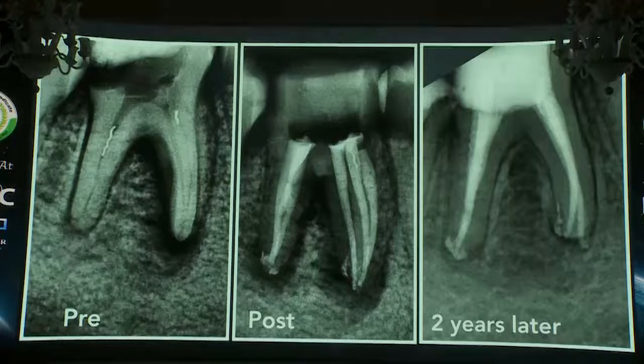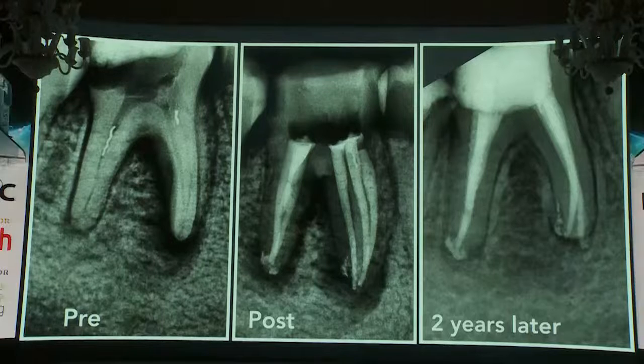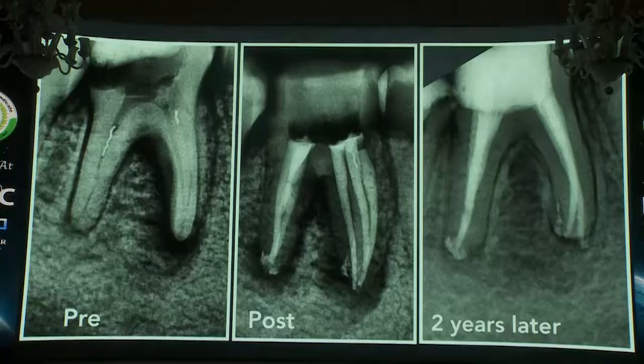Then I found there is a mid-mesial canal. I cleaned the 3 canals, then I obturated them three-dimensionally, and I performed an office bleaching for my patient, who came back again after 2 years to take this radiograph. This is the power of coronal and apical seal. I did only the obturation while the post and core was done by my colleague.